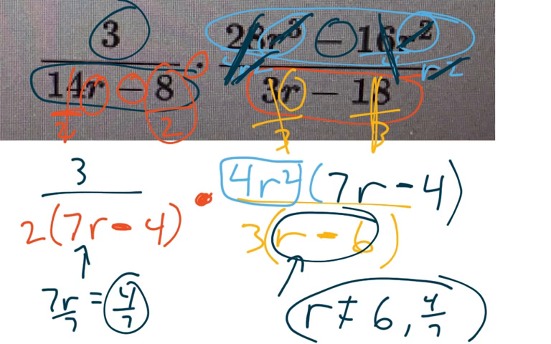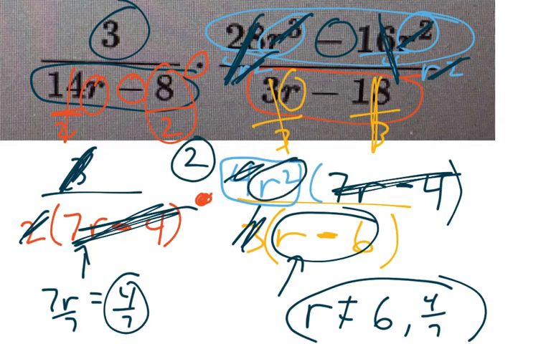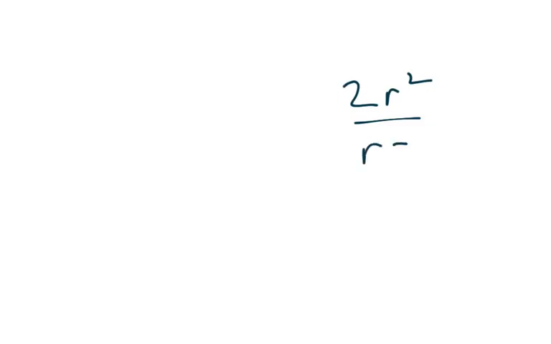Now that we know all of our excluded values, let's simplify. 3 over 3 cancel out. 7R minus 4 cancels out. The 2 cancels out with 4, gives me 2. So my final result, guys, is going to be 2R squared, right? The 2 and the R squared. And the only thing in the bottom, notice, is R minus